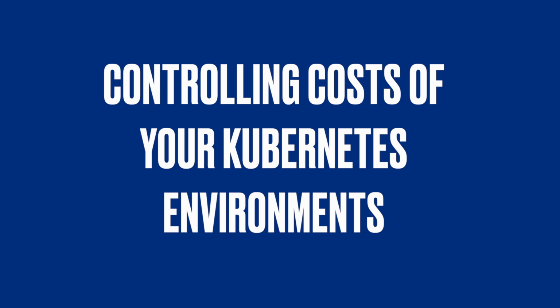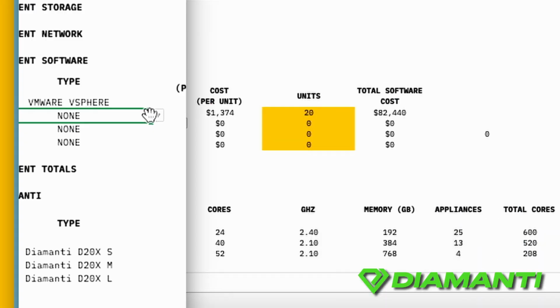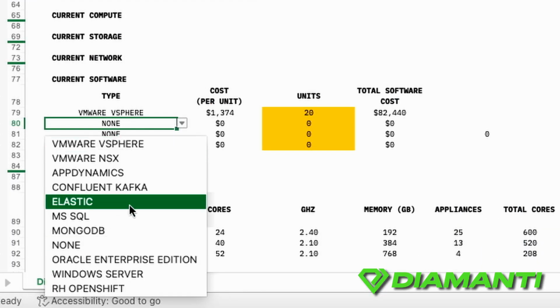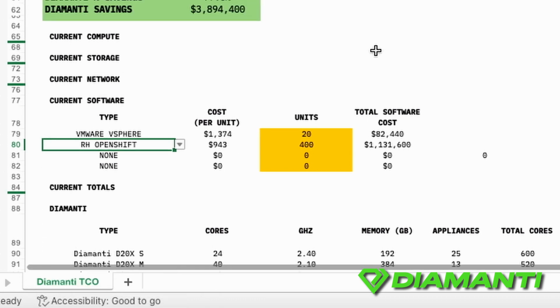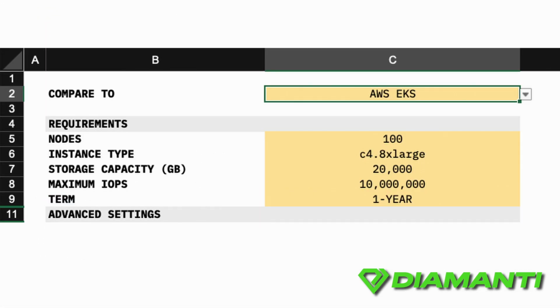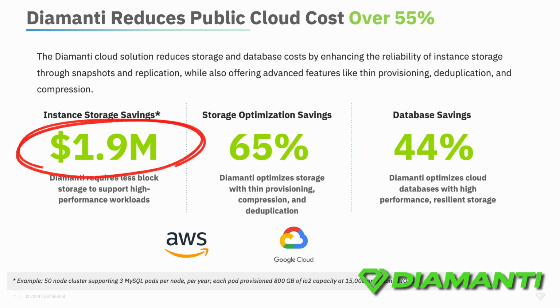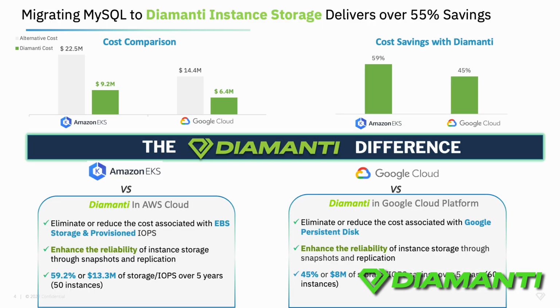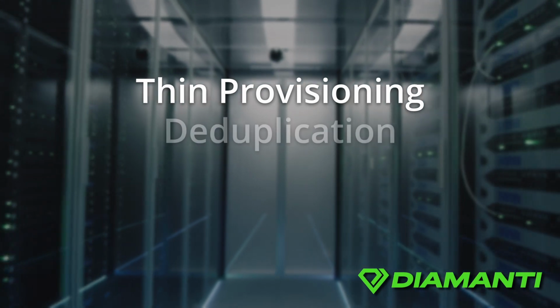Controlling costs of your Kubernetes environments. Start deploying Kubernetes at scale, and it becomes easy to overspend on cloud services or data center resources. Diamante delivers an average of $1.9 million in cost savings for public cloud environments by enhancing the storage that you already own. Instance storage. Diamante enhances instance storage through snapshots and replication, while also offering advanced features like thin provisioning,